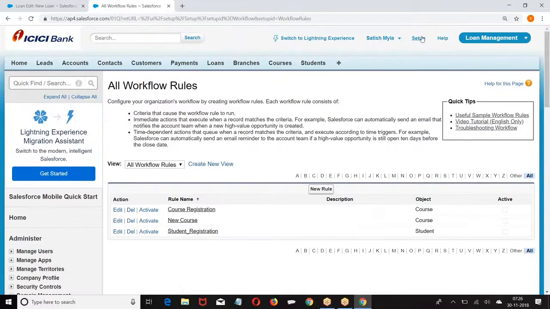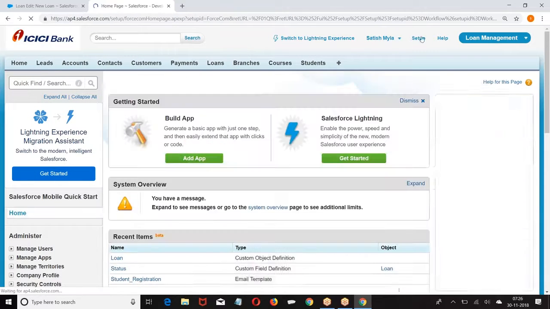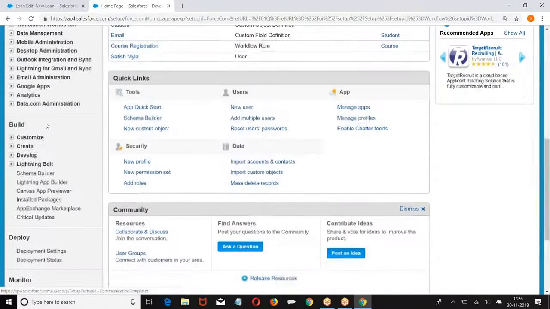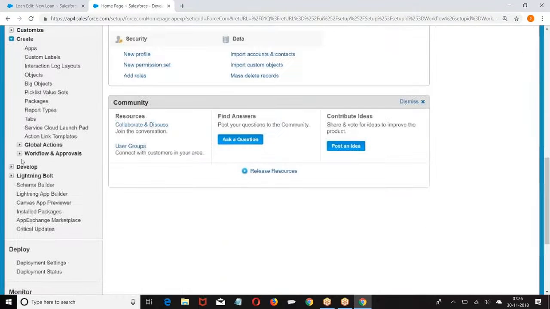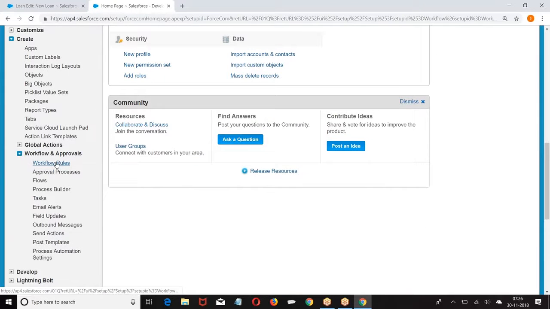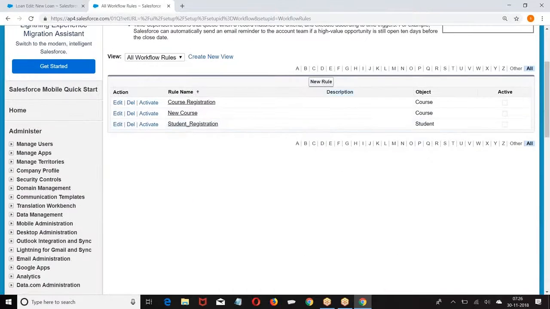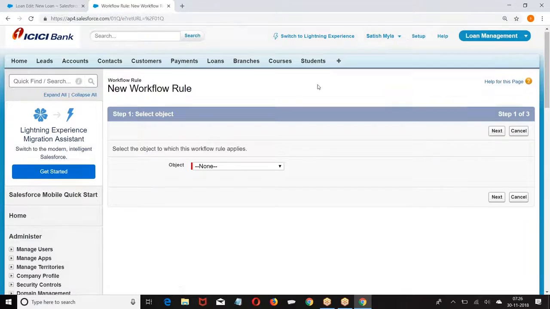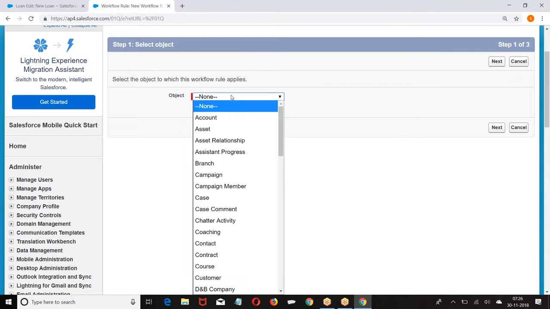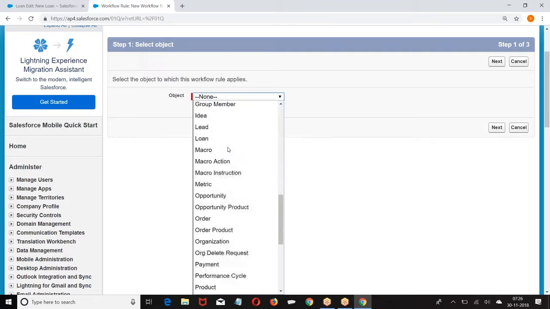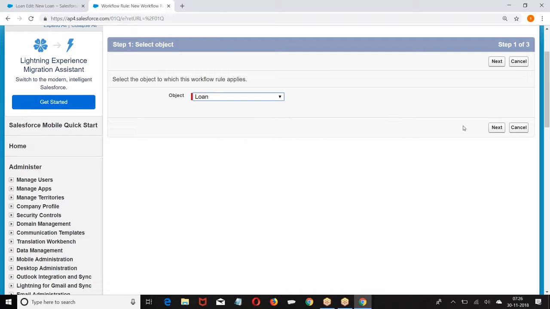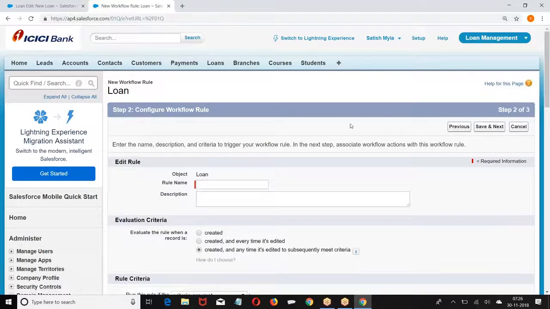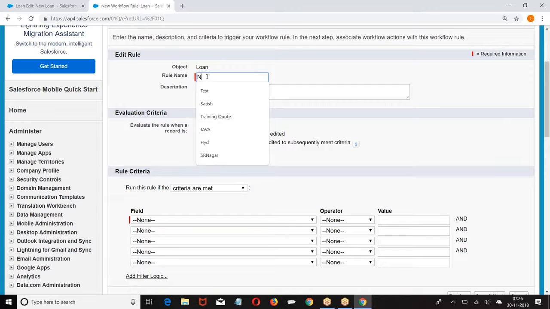The navigation: setup, build, create, workflows and approvals, workflows. New. What is the object we have? Loan. Next. New loan.